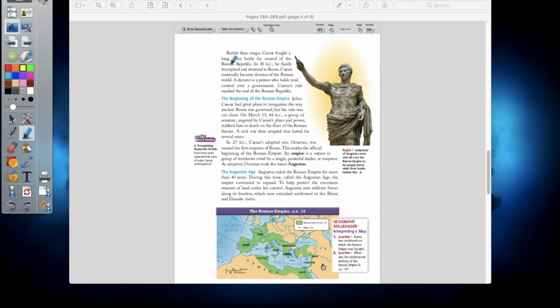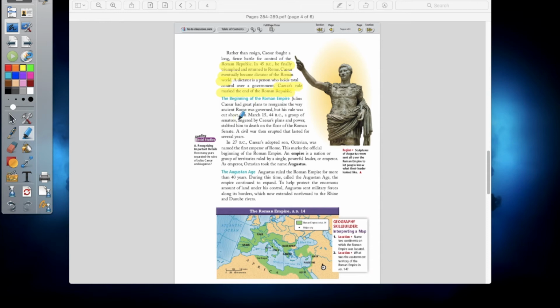So basically what ended up happening is that by 45 BC, he invaded Rome itself and eventually became the dictator of the Roman Empire, is what he decided to do. And the reason why he wanted to do that is because he wanted the power, he wanted the wealth, and so he just went up and did it. And by becoming a dictator over Rome, Rome stopped being a republic at that point. It became a traditional empire where one person was responsible for taking care of everything and controlling everything as well. So because of that, Caesar became a dictator.